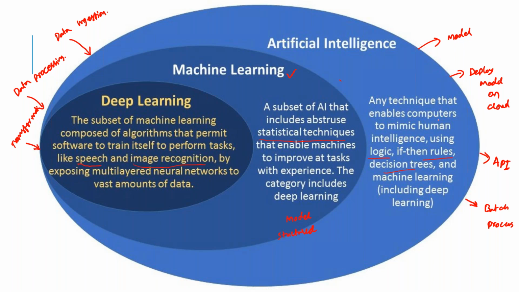Now once you ingest the data, it will be in the raw format. How do you format the data, how do you process it, how do you apply transformation techniques, standardization, encoding, scaling techniques, other things. Once you process that, then you give the data to one of the models. Let us say you apply one of the machine learning models, it creates a model. So once the model is created, how do you deploy into one of the cloud environments? How do you ensure that an API is created so that data could be taken from front-end applications like web applications or mobiles, and how do you create an entire batch process so that you can run jobs every day